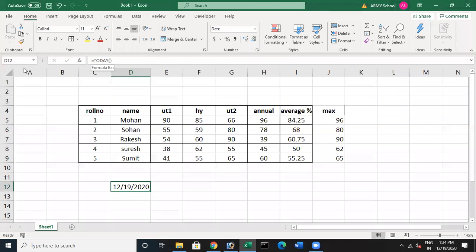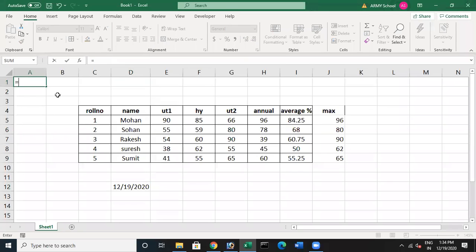And the biggest benefit of using it, suppose that we have taken the very first cell of this worksheet, and then